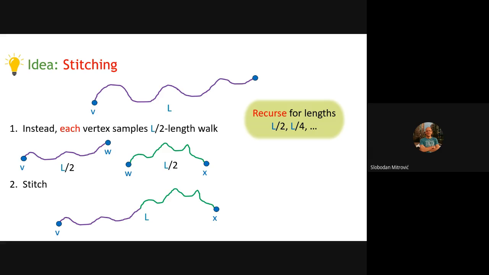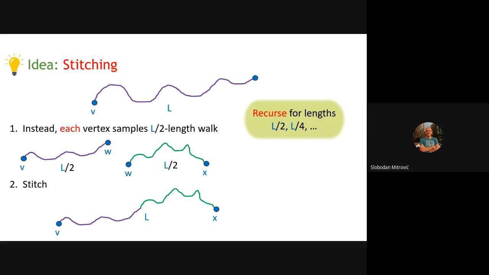And now you can say, well, let us recurse, let us iterate this idea, and do this for length L over 2, then L over 4, and so on. Actually, we'll start from length 1, 2, 4, 8, and so on. And that hopefully would give us log L iterations to compute this. The issue is that as you're going more into this process, as you're recursing, the thing is now getting